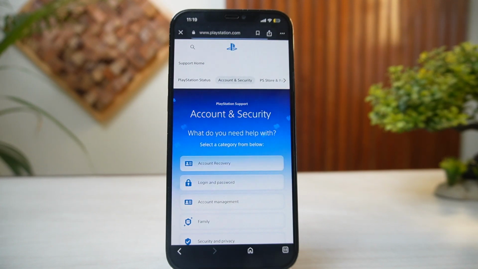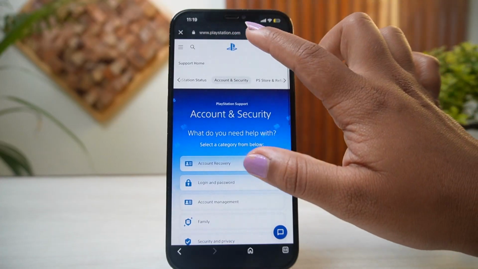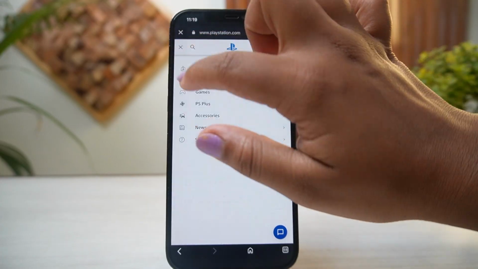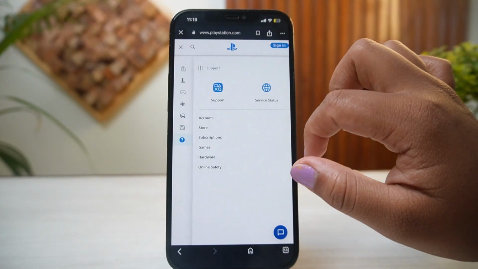How to get a refund from PlayStation Store after a wrong purchase. So in here, the very first thing that you need to do is simply get into your PlayStation.com. Then from here, simply tap on the menu bar on the top left corner, tap on support, and in here